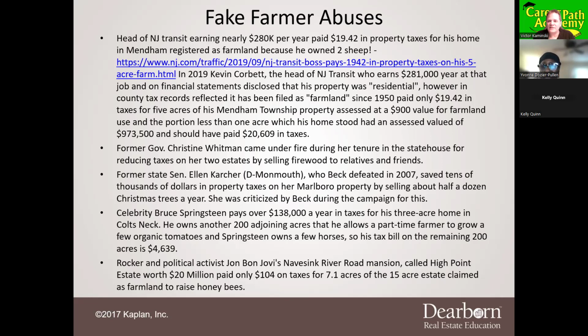As long as you have at least 5 acres of land exclusive to the home site, you could claim it as farmland. So these politicians built in these loopholes for themselves. Now the only thing for us is to be able to get enough money to afford to buy 5 acres in the densely populated state of New Jersey.